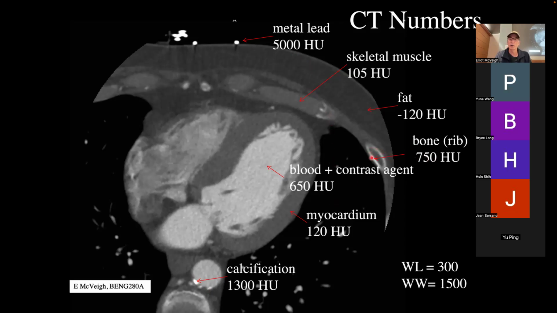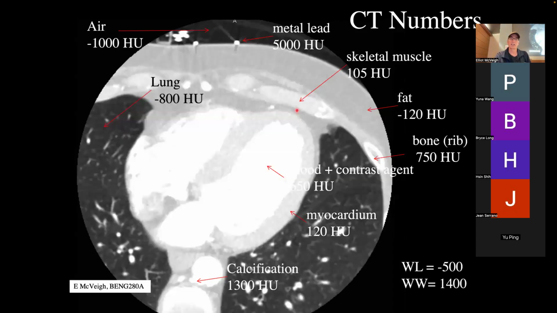Bone, cortical bone, which is this real bright stuff here, 750. So that's that stuff. If you change this, it's the window and level of the contrast. So what we're going to do is put the level, that's the mean of what we're viewing here, down quite low, such that all this stuff looks really bright now, but we can see the details in the lungs,